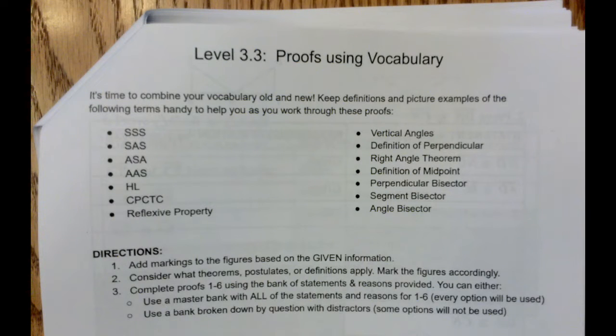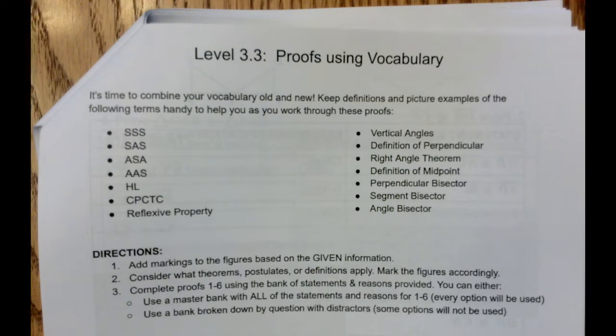Today we're going to look at level 3.3, proofs using vocabulary. So we just have a list here, and it's definitely not the only statements or reasons that we can use, but it's a good start for proving triangles congruent here. And just a reminder, keep the definitions and picture examples of the following terms handy to help you as you work